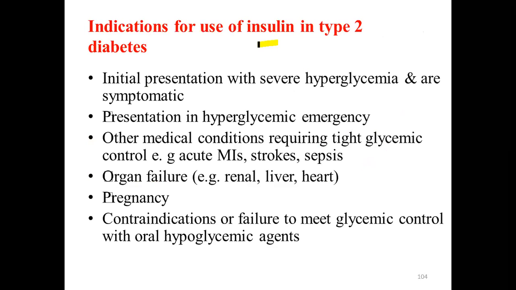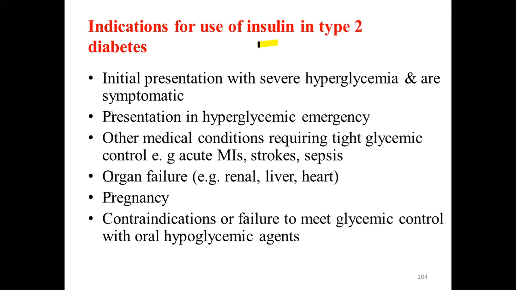Firstly, when do we use insulin in type 2 DM? There is a scenario when we are going to use insulin in type 2 DM. Remember, when the remaining beta cell function undergoes deterioration, the patient becomes insulin dependent. That is why after long-term use of oral hypoglycemics, we don't see a significant response with the oral hypoglycemic agents despite giving combination therapy.